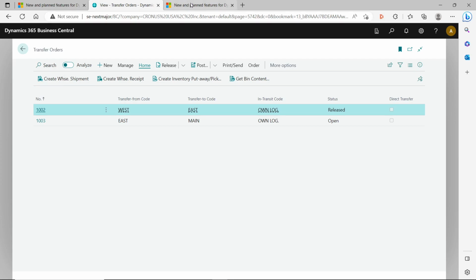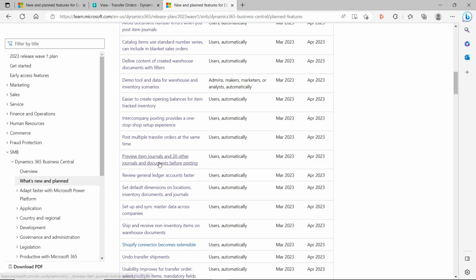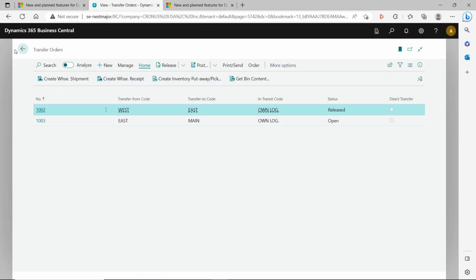Okay. And so next one, preview item journals and 20 other journals and documents before posting. The preview posting feature previously only existed on the sales documents and purchase documents and the general journal. So those major documents and journals, and now Microsoft expanded it to over another 20 journals and documents. Like you can do the preview posting in the item journal, you can do a physical inventory journal, consumption journal, capacity journal, transfer orders, assembly orders, lots